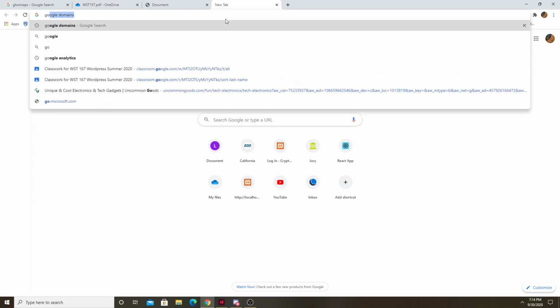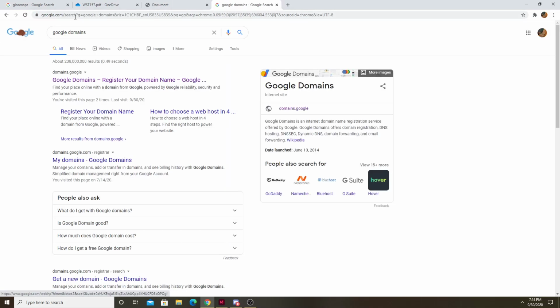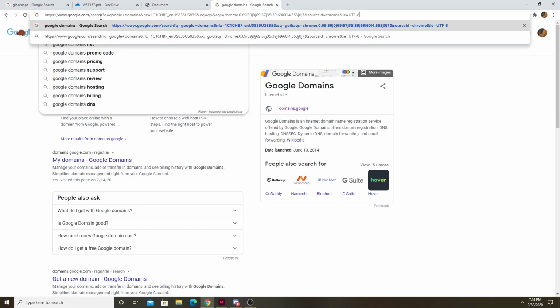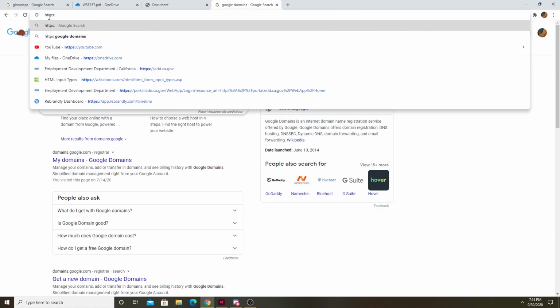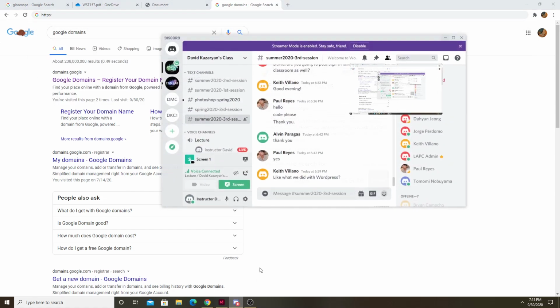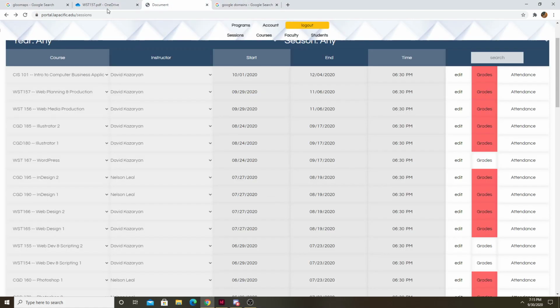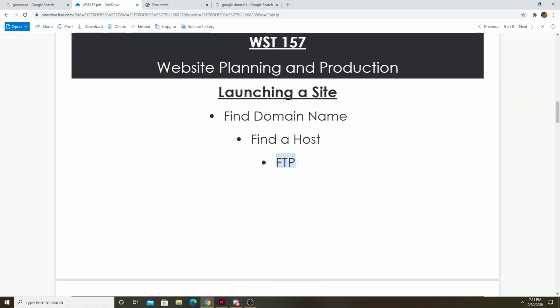So if I go to google.com, let's copy this name here. This HTTPS right here, that's the hypertext transfer protocol. The S is just for secure. So hypertext transfer protocol is how you view a web page, and file transfer protocol is how you make changes